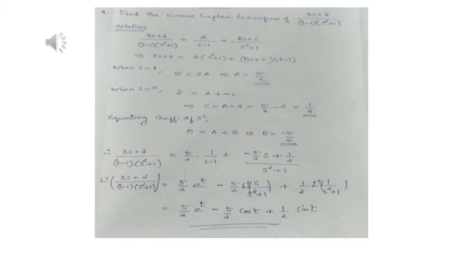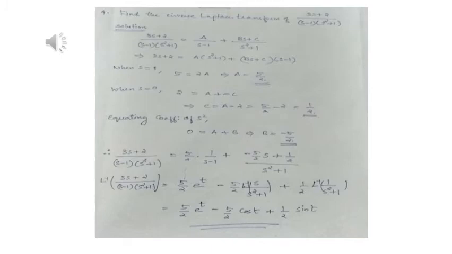Now put s = 1, when s = 1, A gives 5 by 4. And there is no other option, then we can take s = 0. So when s = 0, we will get the value for C, that is 1 by 2. Then in this case, remember that in order to find the last value, we have to equate the coefficient of s². So on equating the coefficient of s², in the LHS there is no s² term, so it is 0, which is equal to